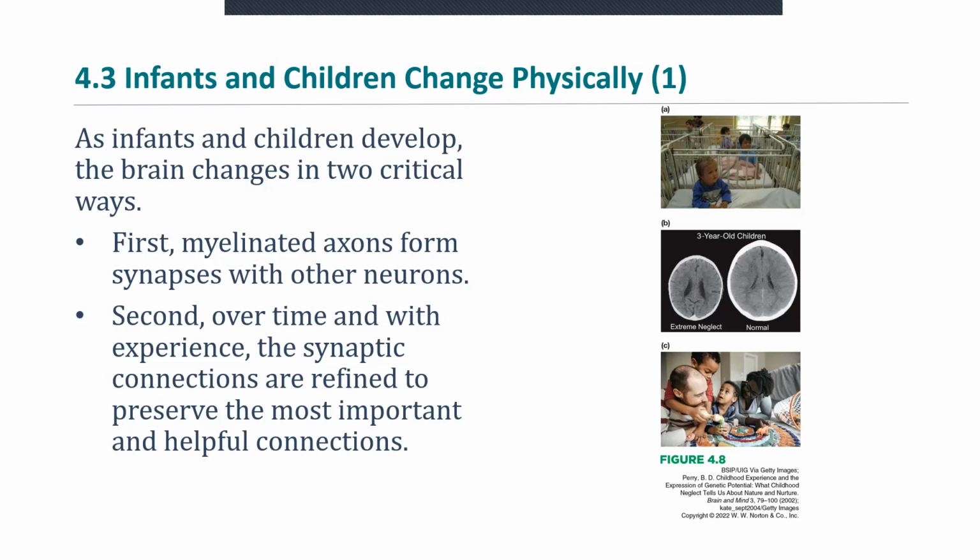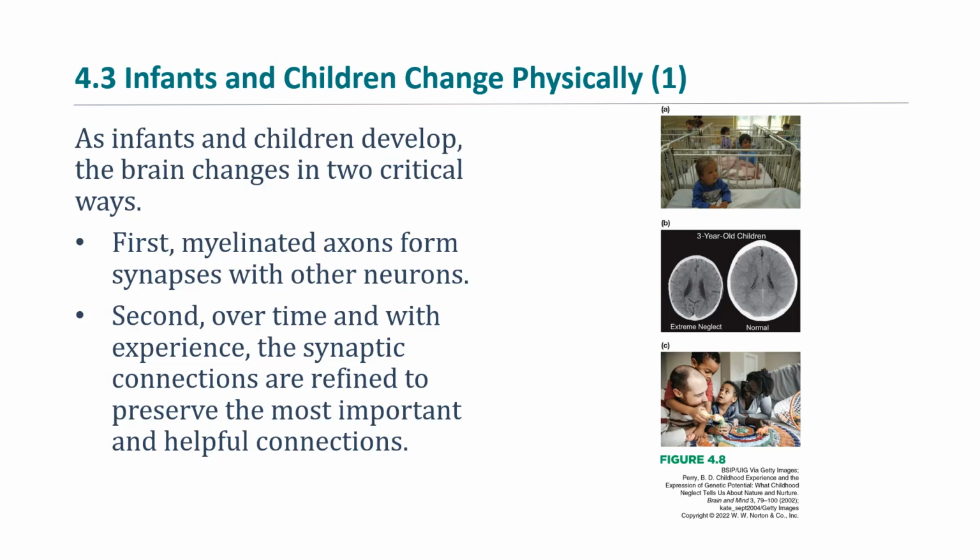So connections between neurons take place. This happens very rapidly early in development after birth. The brain develops tremendously during the first few years of life in particular. Just think about comparing a newborn to, let's say, a 2 or 3-year-old. I mean, there's just so much that develops in these first few years.